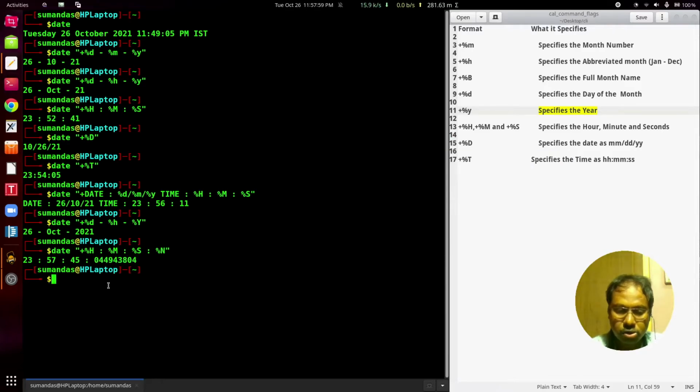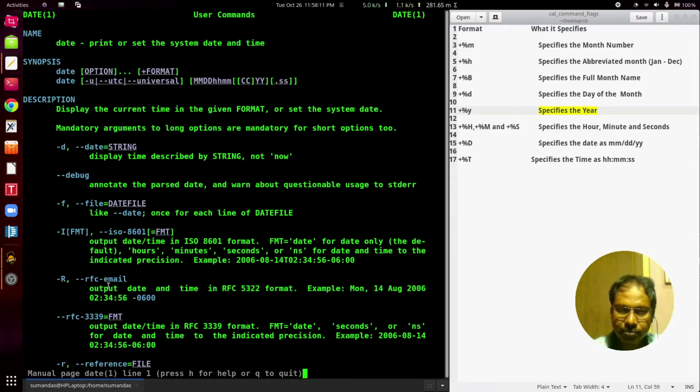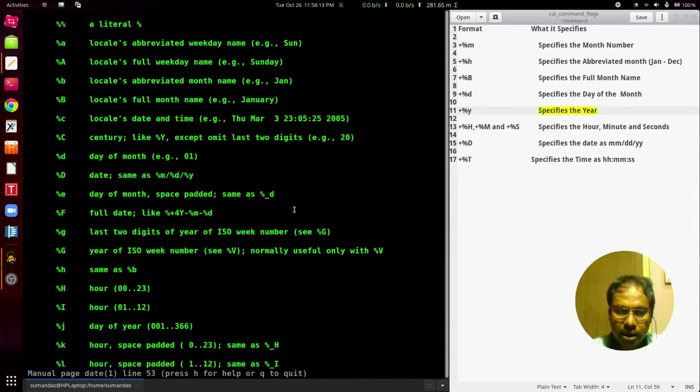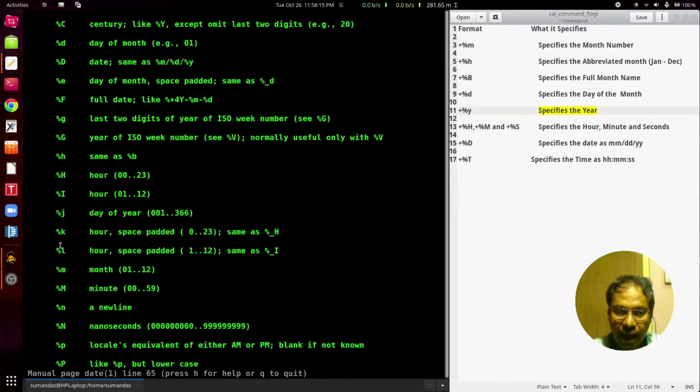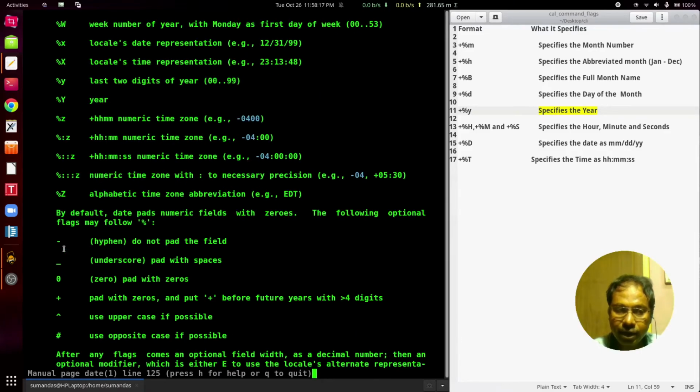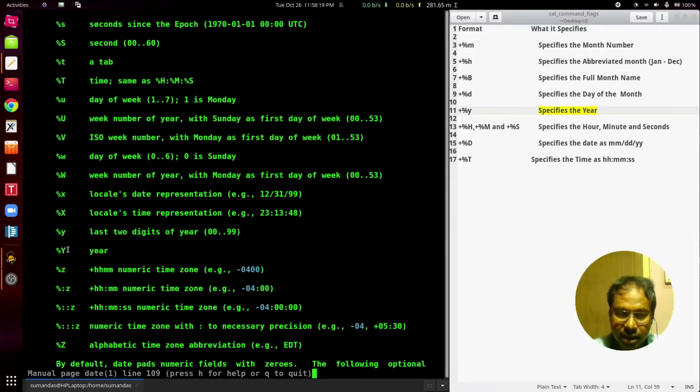Now we can also use different formats, as already said. For that we can use the man page of the date command. So man date, and here we can check what are the different formats available with the date command, such as capital Y that I have used, that is year, small y that is for the last 2 digits of the year.